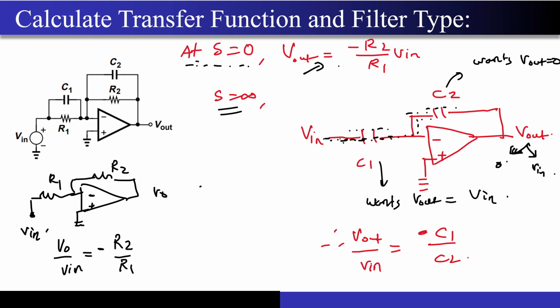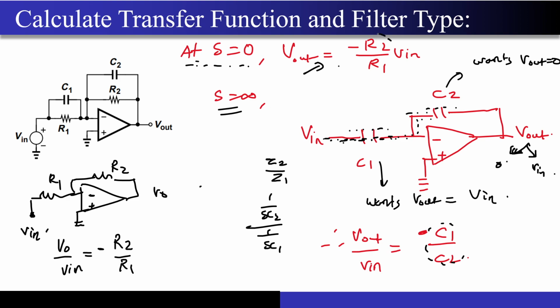And that is why we cannot just short circuit it, because one path will just bring V out to 0, another will just bring V out to V in, correct? So now what we have to do is actually consider these capacitors despite the fact that their impedance is very low. Now what is this? This is again an inverting amplifier. So what will be Z2 by Z1? It will be nothing but 1 upon SC2 upon 1 upon SC1. Correct? That is why you got the C1 by C2 factor over here.